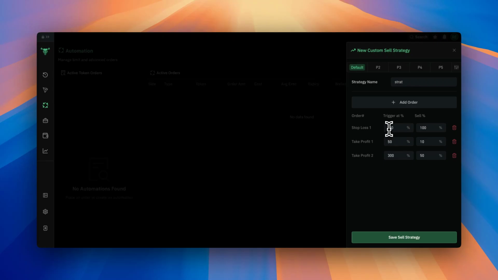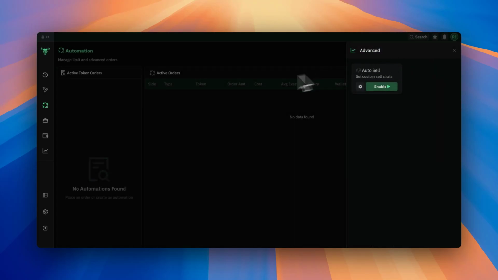So if you want a stop loss, like, hey, if I lose half my money, I want to sell, or if I lose 25% of my money, just full stack my entire thing or de-risk a little bit, like sell half of my position or something. Or, if it goes down, or no, you can't do that. It's only sell percentages. So those are sell strategies, right?